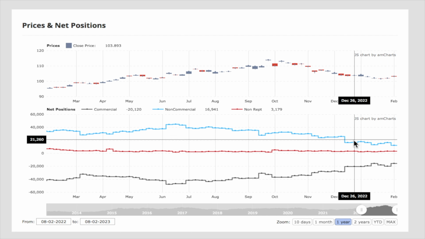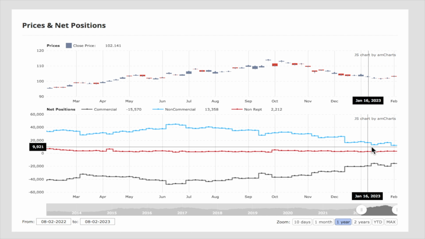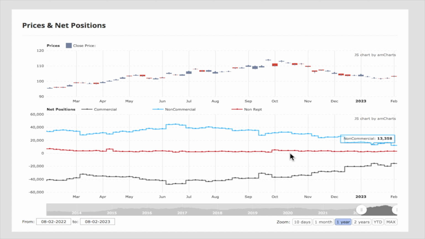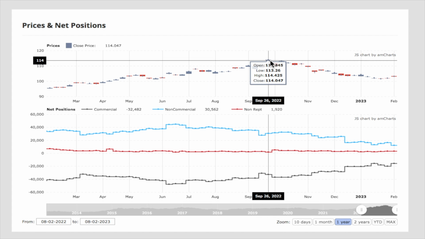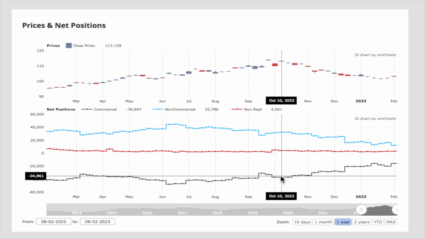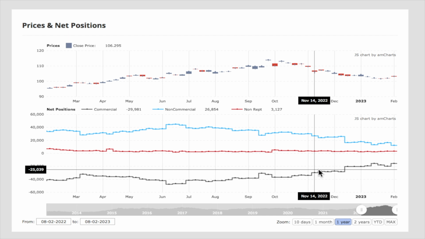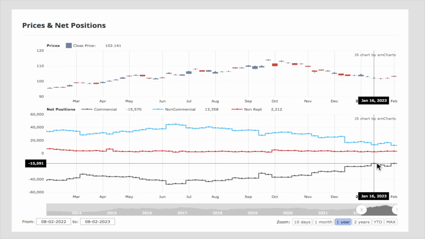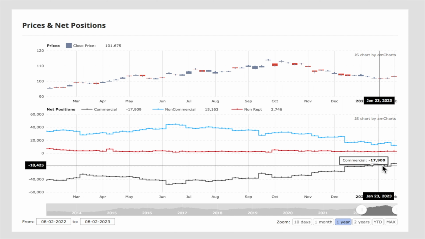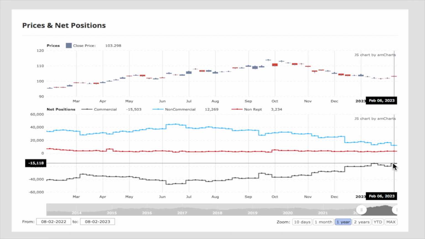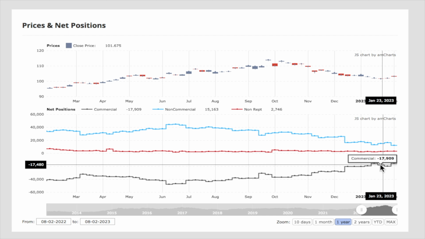Okay, in regards to the commitments of traders report, looking at the dollar and the big players, commercial and large speculators, you can see when we hit a peak around September, large commercials were buying the dollar while it was going down. And now they've pulled back and stalled. They're not buying more, but I guess they're just observing. Also, there were some issues with the COT report. We haven't been getting any numbers until now. So now things are looking a little clearer.